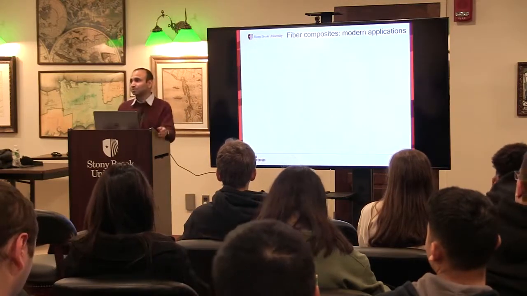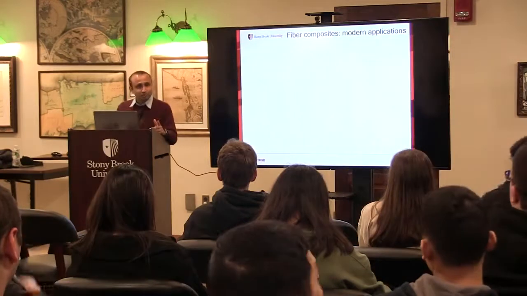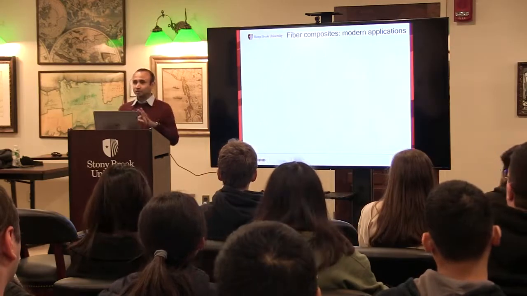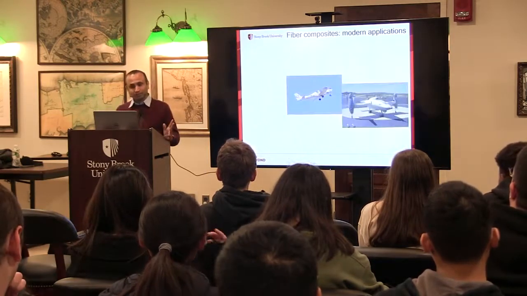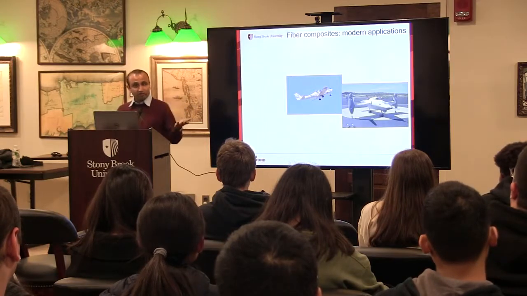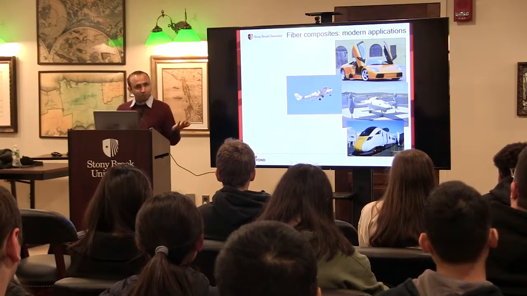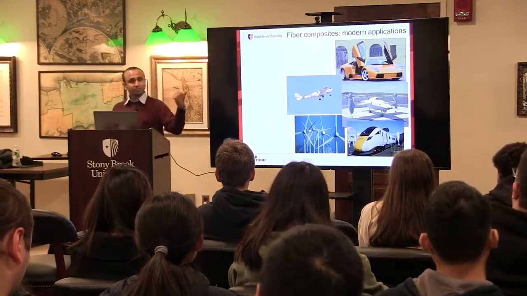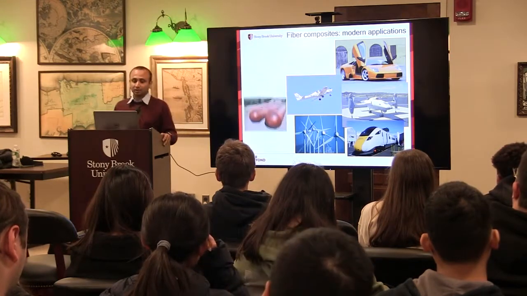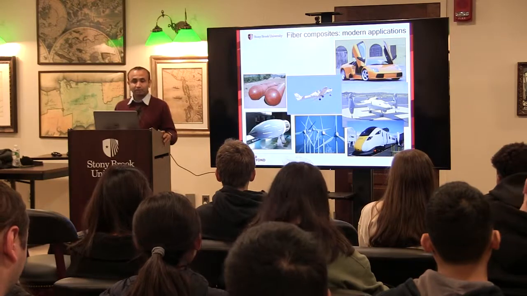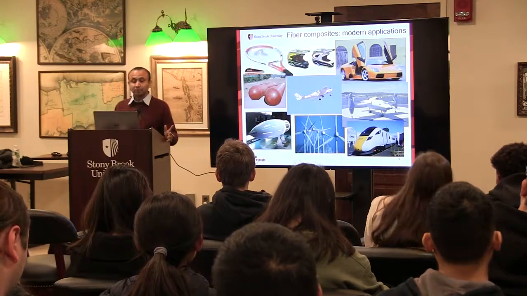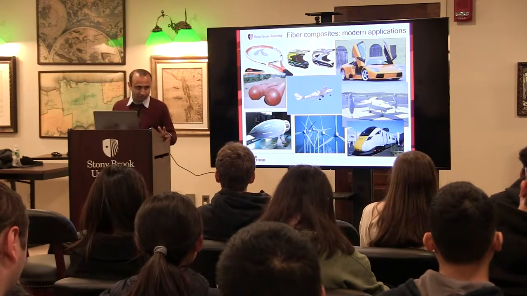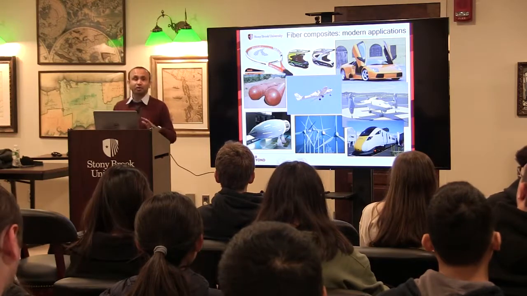We all must be aware that fiber composites today are like everywhere. They are used in several applications, from very low tech to very high tech. To give you examples, they are predominantly used in the aircraft industry, in transport, in automobiles, in the energy industry. For example, they are used to make blades of wind turbines, in storage, in EV applications, and also in sports and leisure. They are used in a lot of applications around us. We may not be aware, but they are quite everywhere.